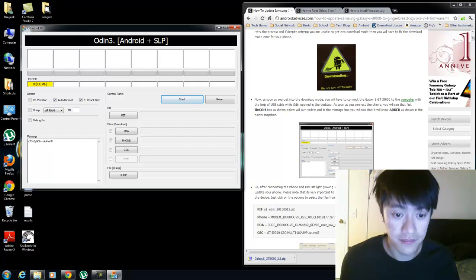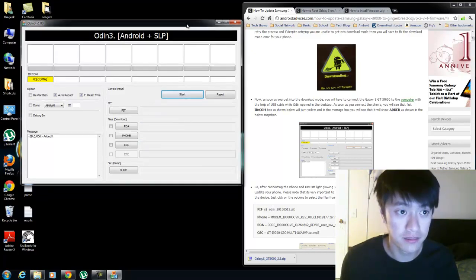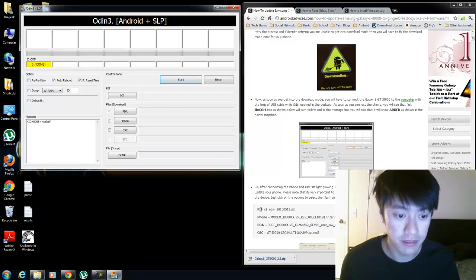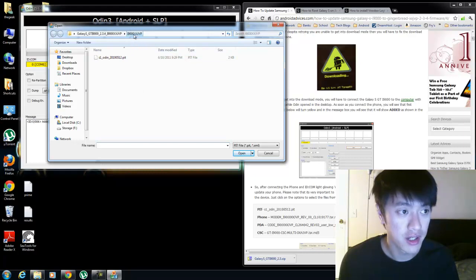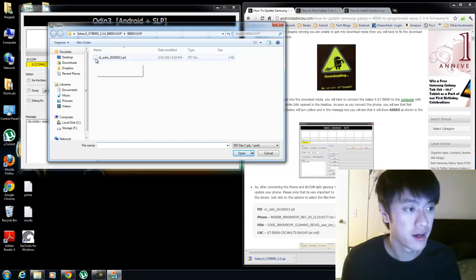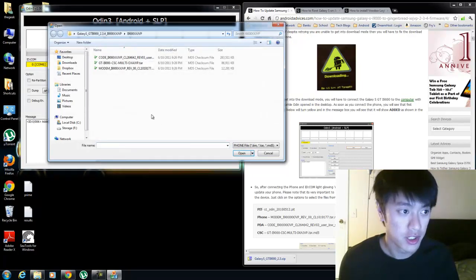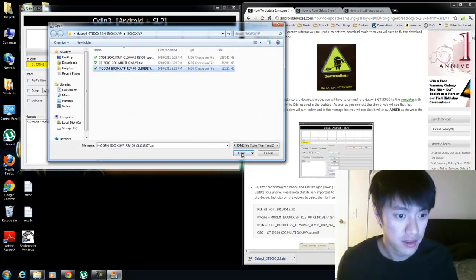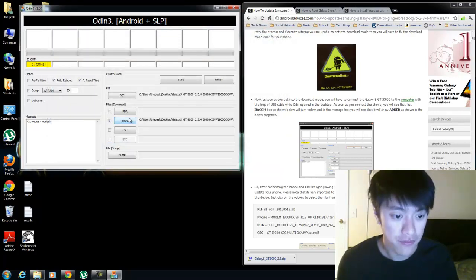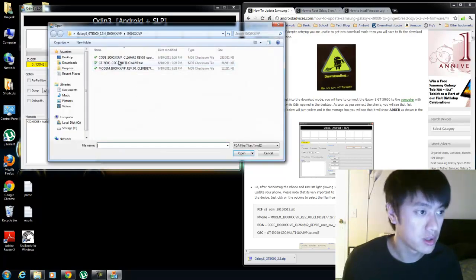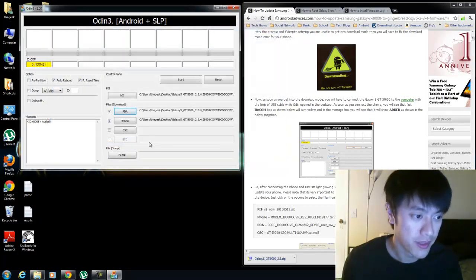And then next we're going to load up the proper file. So in the PIT file option, click on that, and then it should navigate to the default folder, the folder where all those files were at. And you're going to want to do for the PIT the S1 Odin yada yada. Click on that. And then next for the phone, you want the modem file here. So click on that. And then for PDA, you want the code file. So open that. And then for the CSC, you want the